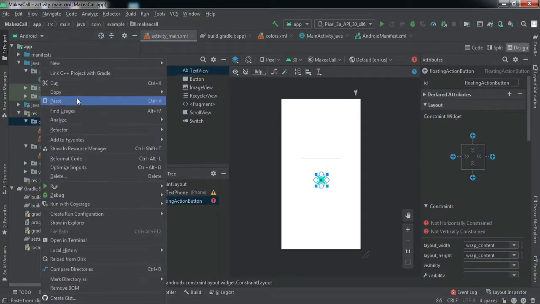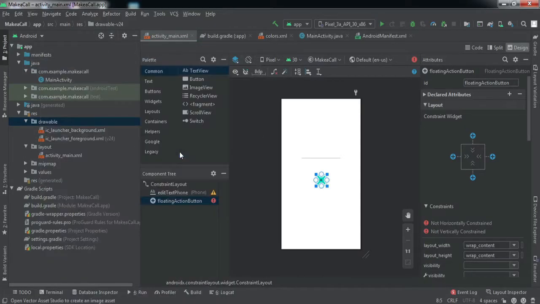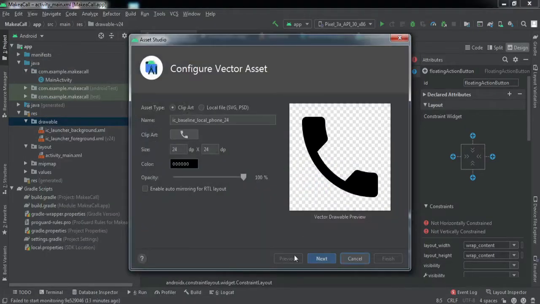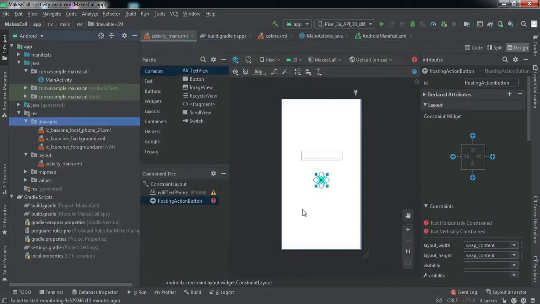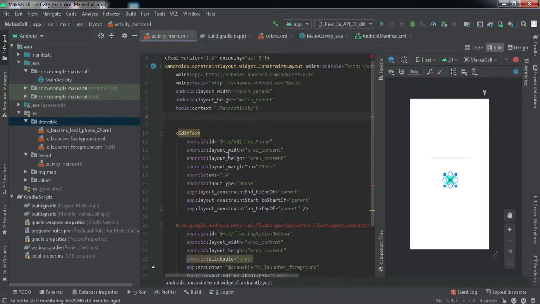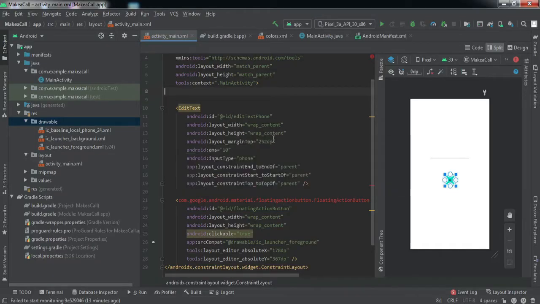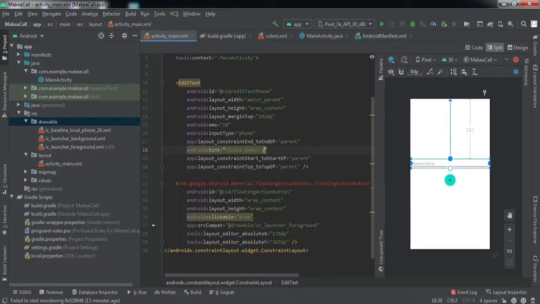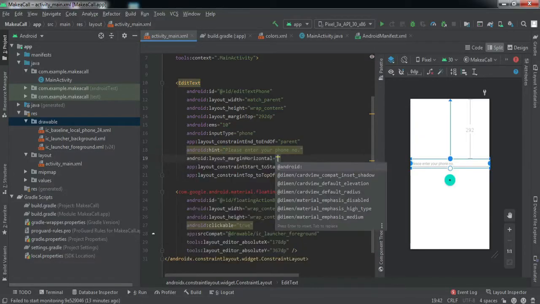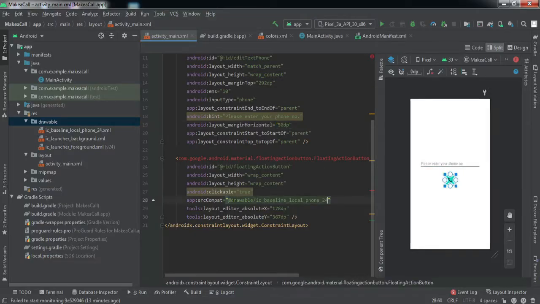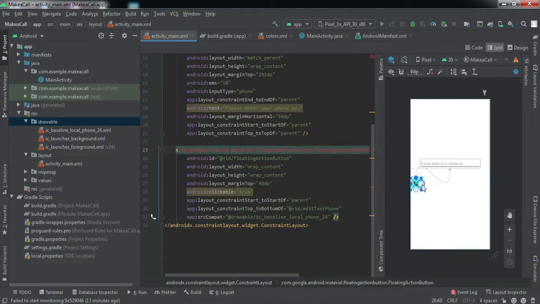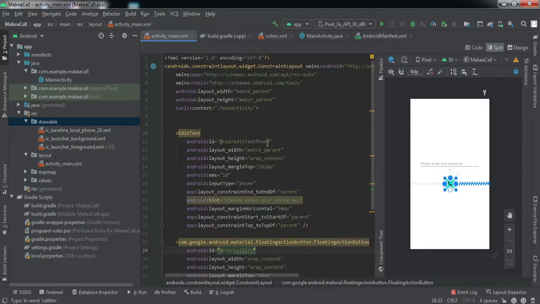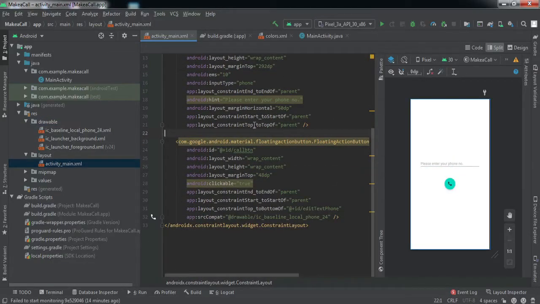Now I'll just quickly add a vector asset. Okay, now I'll just go to the code. We'll change the width to match parent. So okay guys, that is it for the XML.